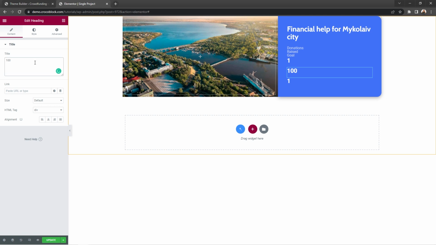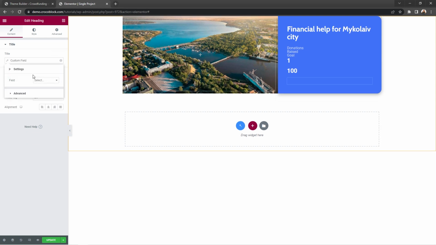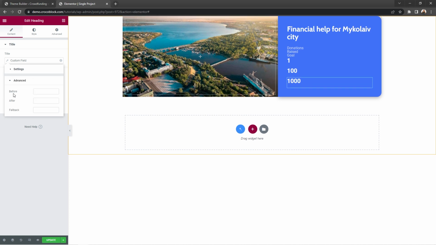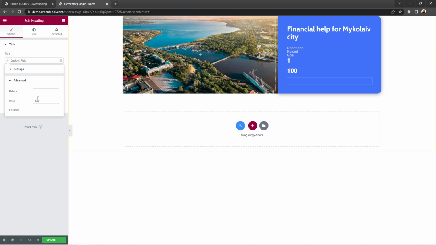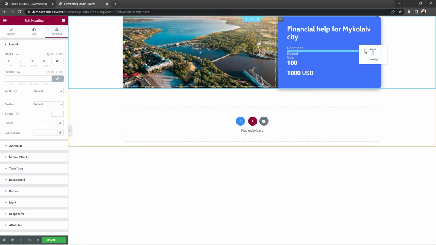Why am I mentioning this? Because the statistics will be displayed automatically according to donations made. We will set it up during the next step. Okay, so as for the second copy, here in the title, click on the Dynamic Tags button and select Custom Field from the list. In the field settings, choose Total to show the overall amount we want to gather. Now place the widgets into the proper position